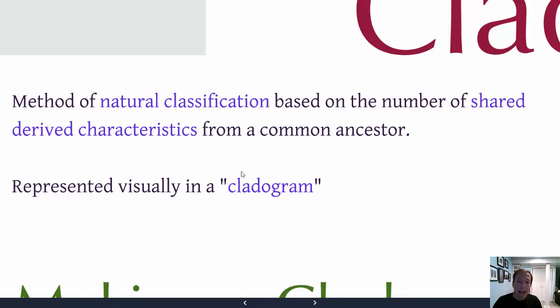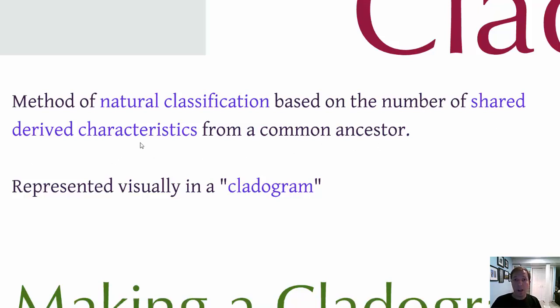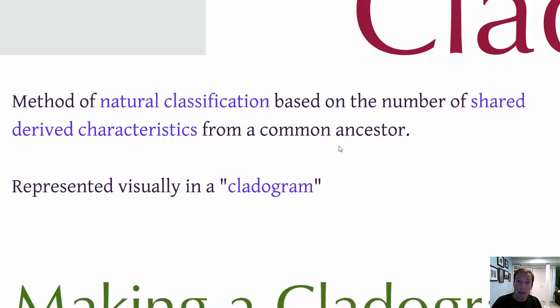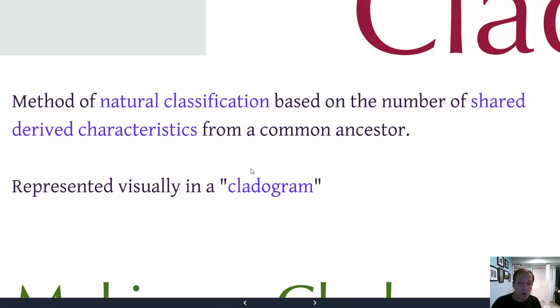Cladistics is a way to classify things using that natural classification system based on shared derived characteristics from a common ancestor. The example of the pentadactyl limb is a shared derived characteristic, because the common ancestor of all land mammals had a pentadactyl limb and passed on that characteristic to its offspring. The more shared characteristics that species have, the closer to each other they're going to appear on a diagram called a